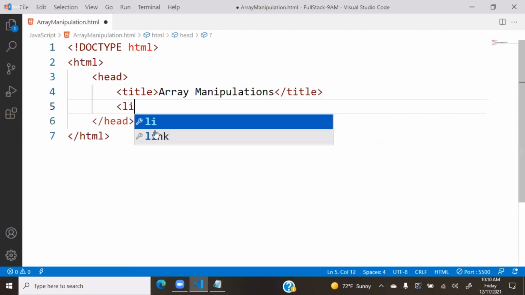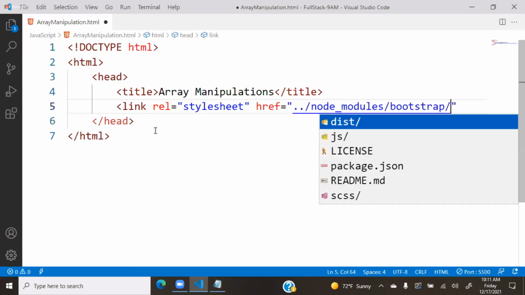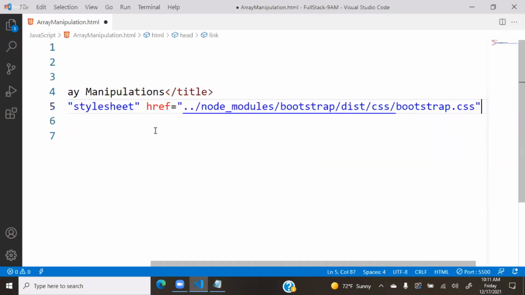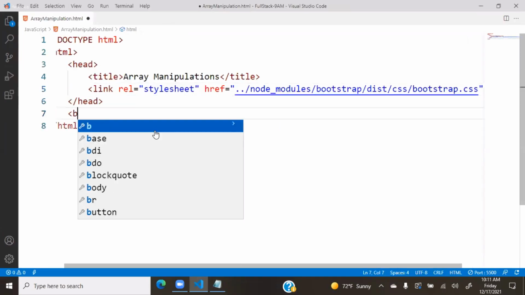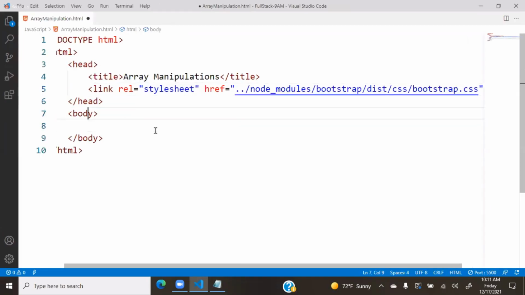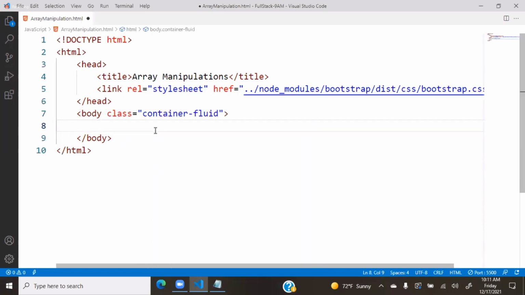Let's link the relation as stylesheet, and href is node modules, CSS, bootstrap CSS. Okay, and in the body section, let's keep the body as container fluid, and here we will